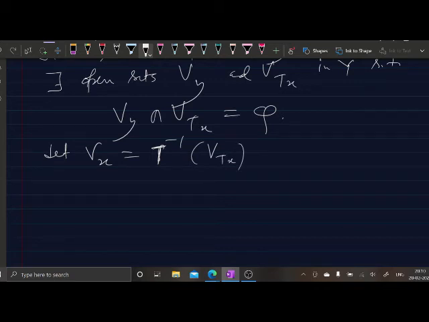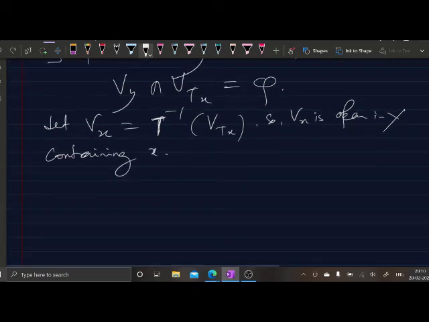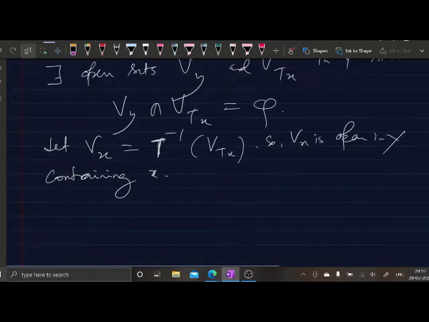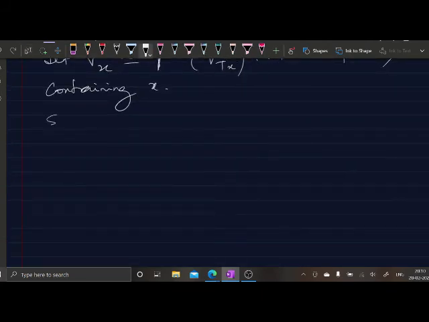Now since t is continuous, so vx is an open set containing x, so vx is open in capital X containing small x, তাই তো? So vx